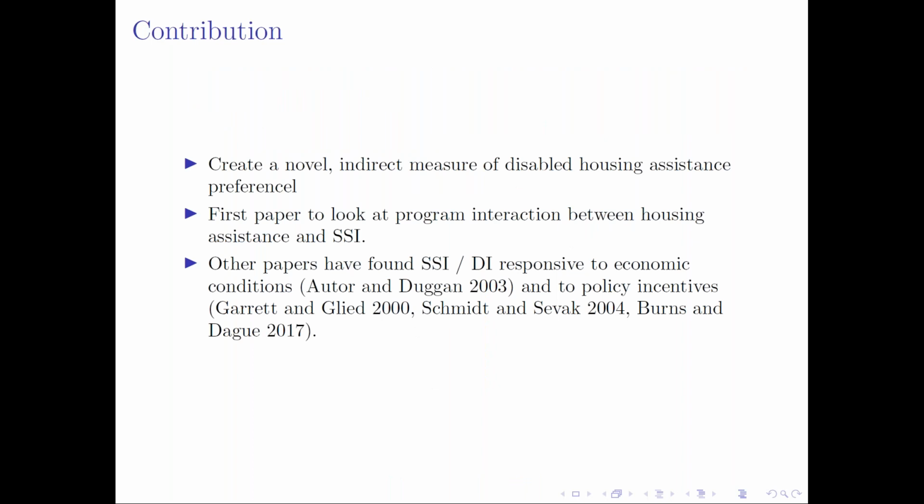So this paper is going to first create a novel indirect measure of this disabled housing assistance preference. At the metro area, we're going to try to measure the benefit provided to households with and without a disability. This will summarize a really complex network of policies and procedures at the local level, but we're just trying to measure the net or indirect effect of this over time within a metro area. And then we're going to look at the interaction of that and application or receipt of